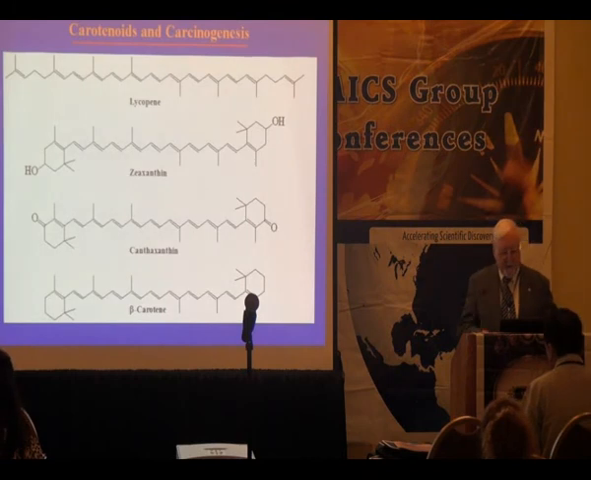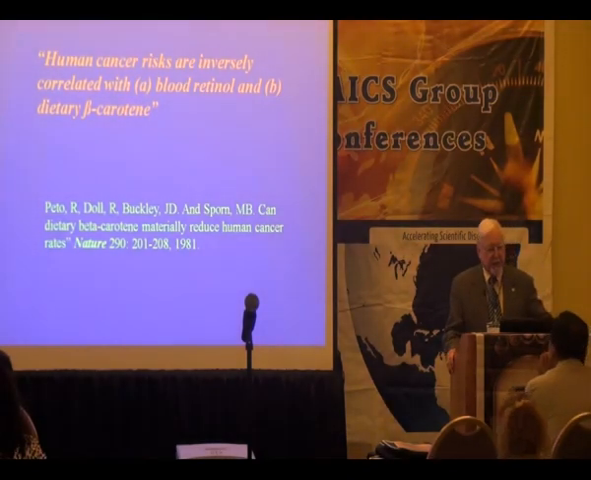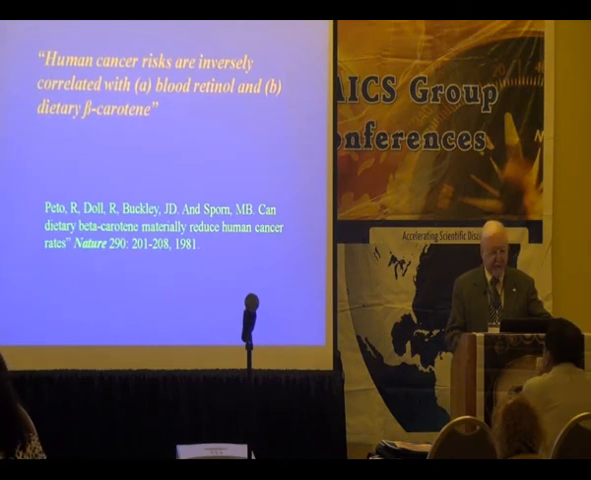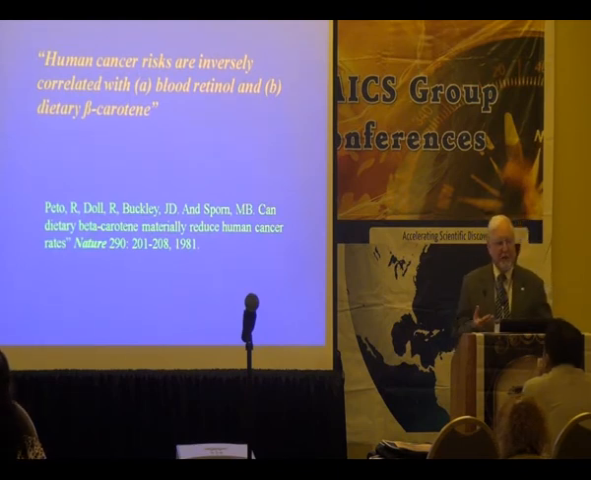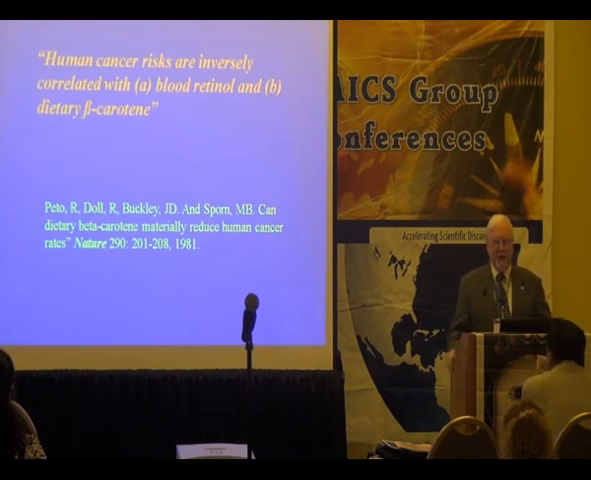The second example I wanted to talk about was beta-carotene. A study in 1981 by Peto and colleagues, an epidemiologic study, found that human cancer risk was inversely correlated with dietary beta-carotene, with blood levels of dietary beta-carotene. Well, this helped spawn an international, multi-billion-dollar, about $40 billion, industry in food supplements, of which a large part of this was